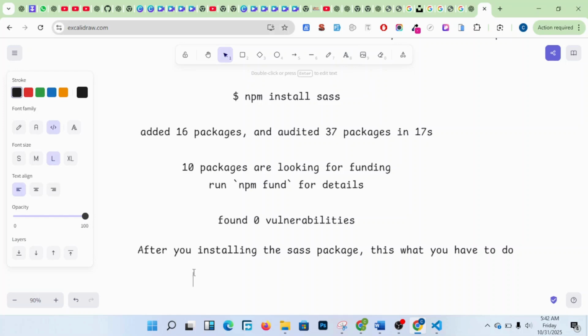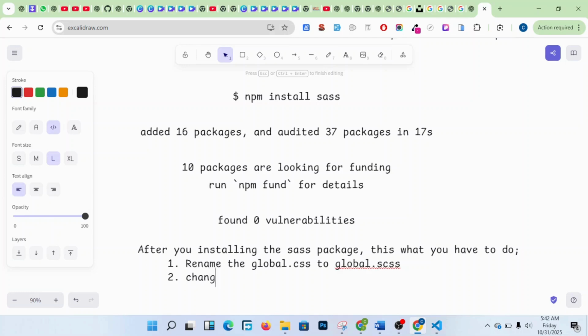One, rename the file global.css to global.scss. Just that one, SCSS. Then two,